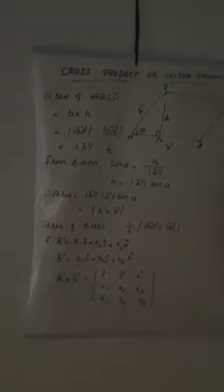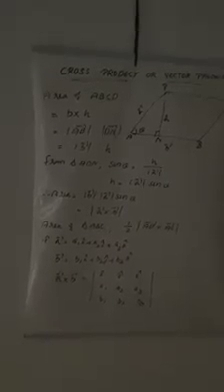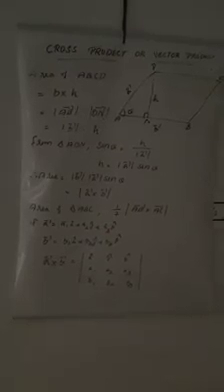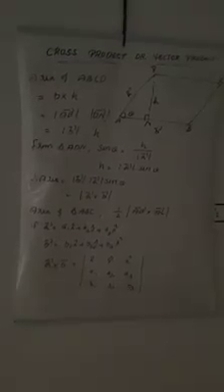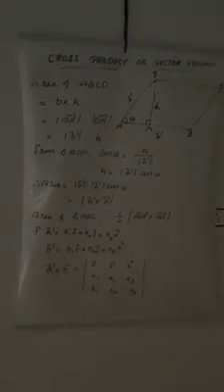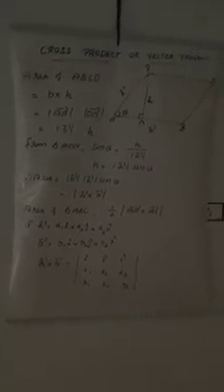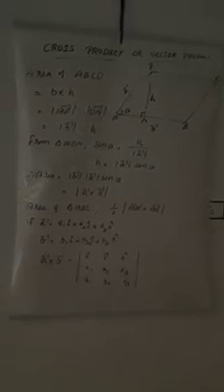Then what is A and B from figure? A and B are the adjacent sides of the parallelogram. Don't forget, if A and B are the adjacent sides of the parallelogram, then area of the parallelogram is modulus of A cross B. That is one important question. Find the area of the parallelogram, with adjacent sides given. What is the formula? Modulus of A cross B. Then don't forget A and B are the adjacent sides.